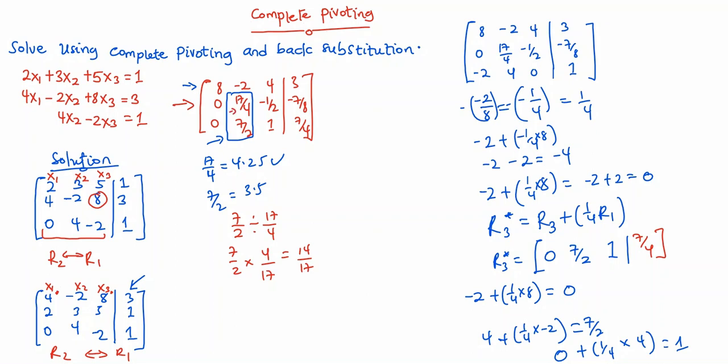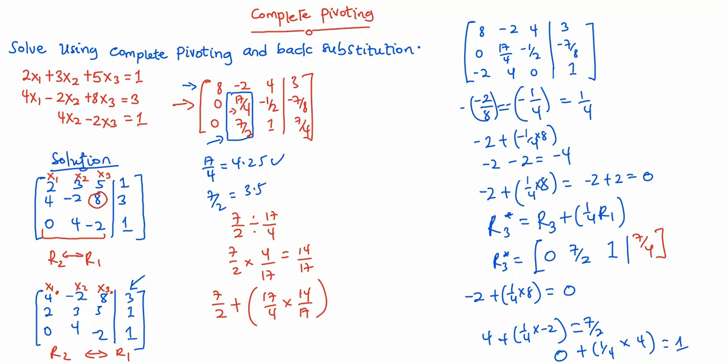Now let's consider the first element, which is the 17/4. You're going to have 17/4 times 14/17. This is what you are going to have, and then you are going to add it or subtract it from 7/2. For now, let's add and see what you are going to get. So we have 7/2 plus 17/4 times 14/17.